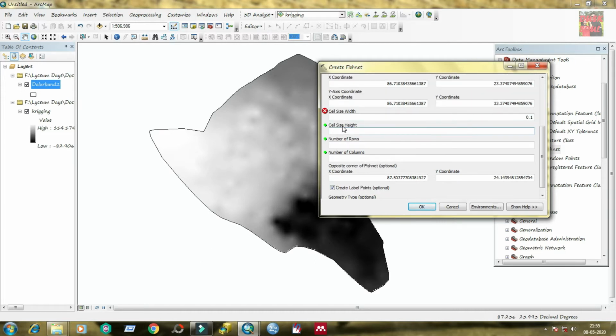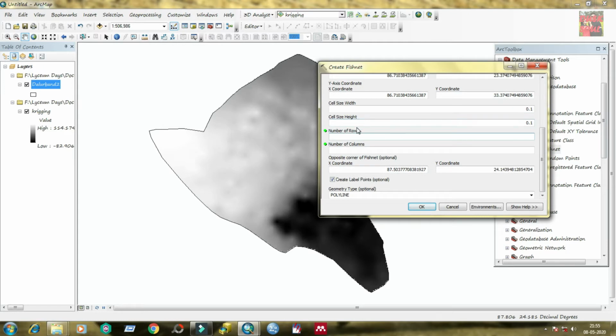Here I am dealing with a very small study area, that's why I am giving cell size width as 0 point on, cell size height as 0 point on, and number of rows as 10 and number of columns 10. And under geometry type, you need to select polygon. Then OK.